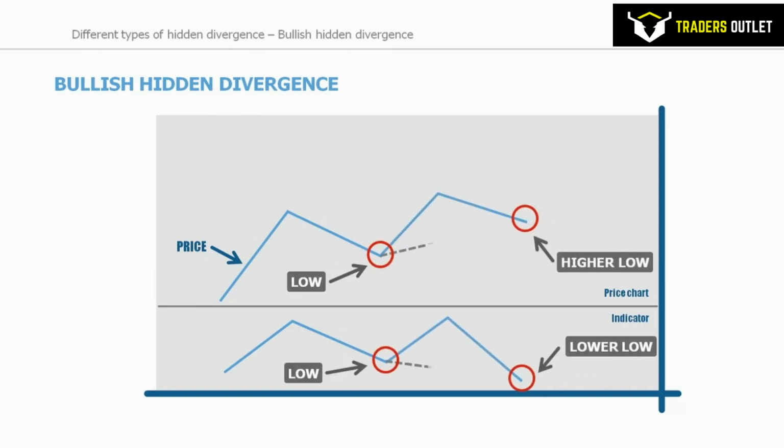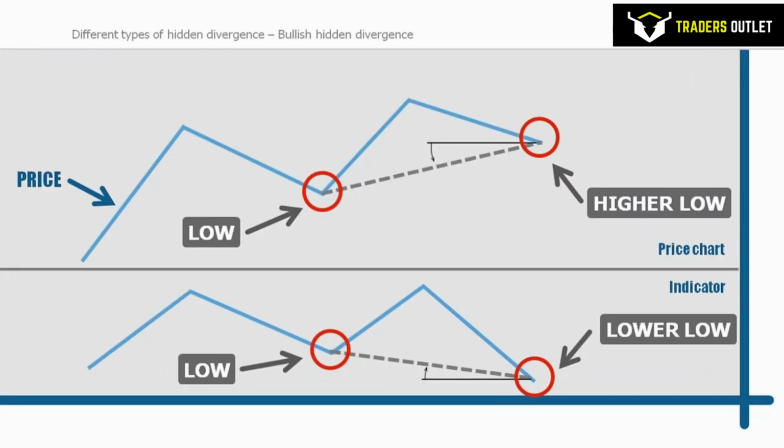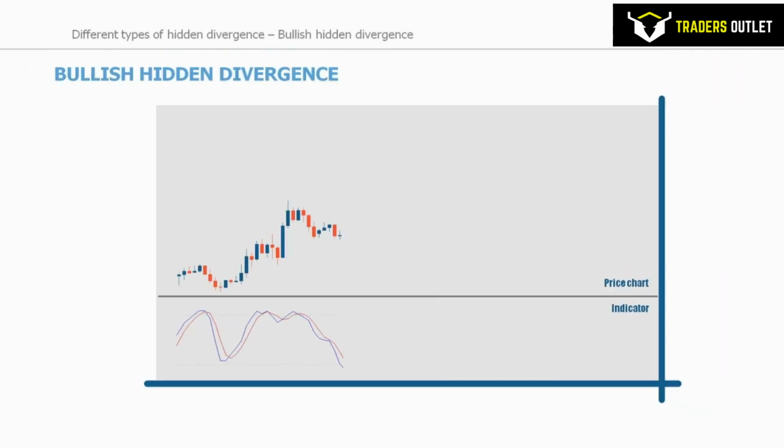When price makes a series of higher lows in an uptrend, but the indicator makes a series of lower lows, it is called bullish hidden divergence. This is a trend continuation signal that normally precedes price moving in the same direction, potentially setting up a long trade. The easiest way to look for bullish hidden divergence is to first look for a market that is in